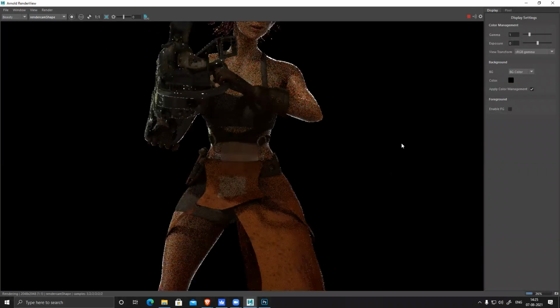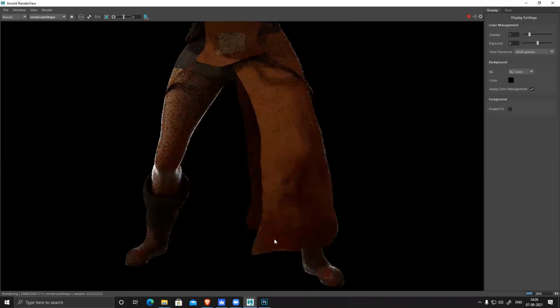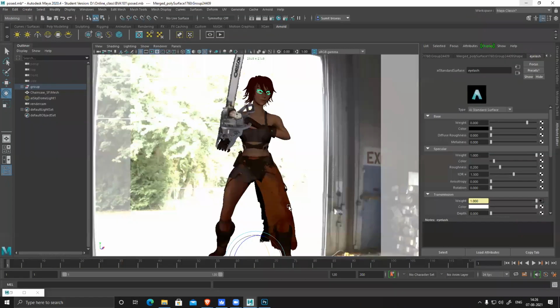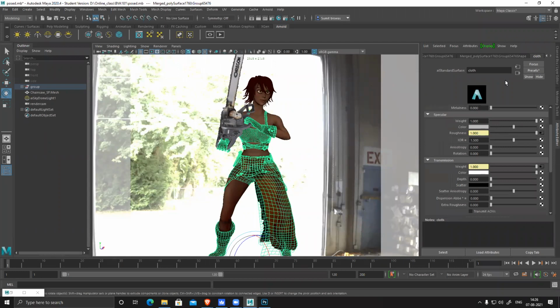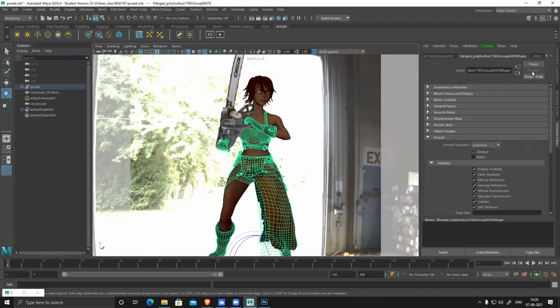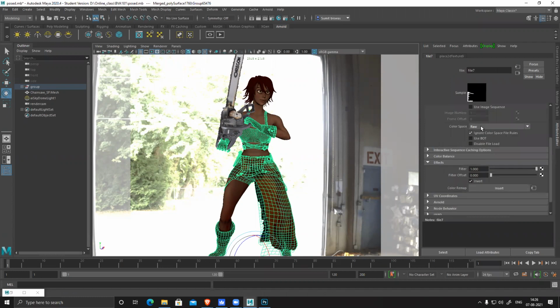Now we can see it's pretty noisy. And let's see, is it rendering my alpha? Okay, it's not rendering my alpha here. So I have to cross check. Correct. It's correct only.